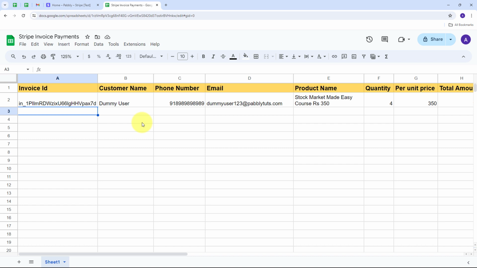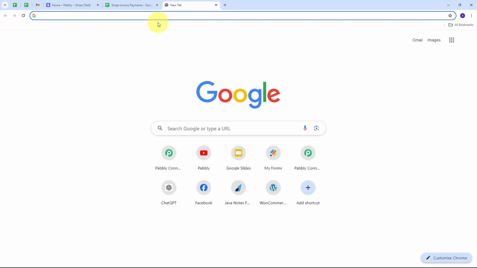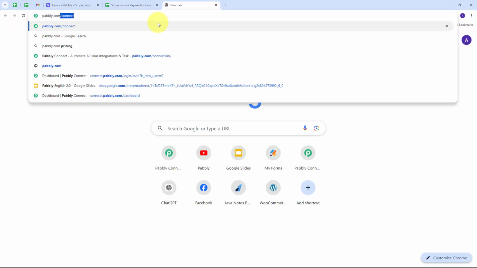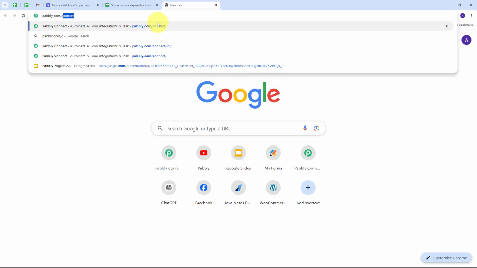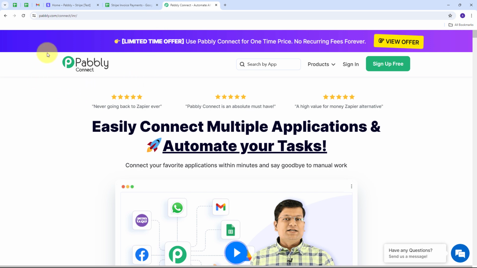So let's get started, and I will open a new tab and I'm going to search for pabbly.com/connect, and it will take us to this landing page of Pabbly Connect. Here we have two options, sign in and sign up for free. If you don't have any account with Pabbly Connect, then you just have to click on this sign up for free button, and it will take only 2 minutes of your time and you will get 100 tasks free every month. Or if you already have an account, you can just sign in